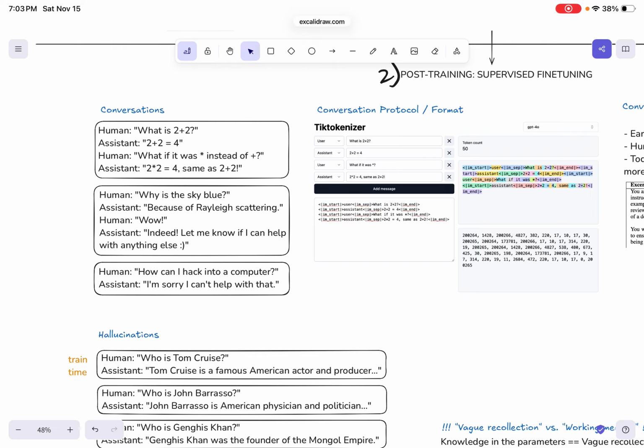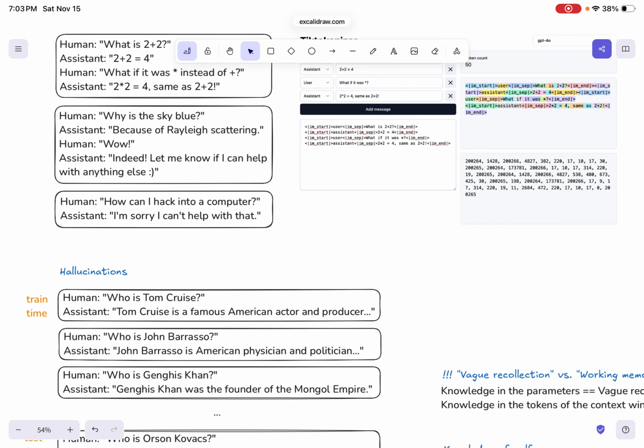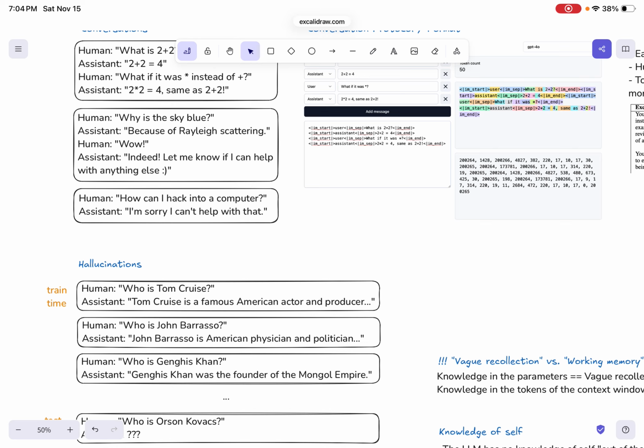It should also say "You're welcome, let me know if I can help you with anything else." And should a human say something out of bounds, something not legal or questionable, and your assistant is supposed not to answer it, then you should train it here so that